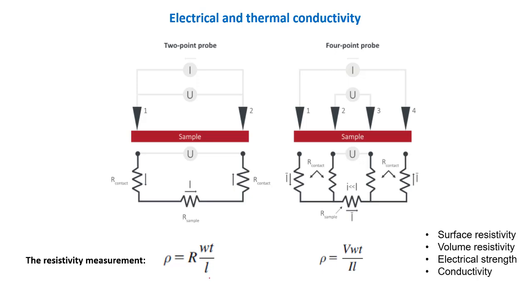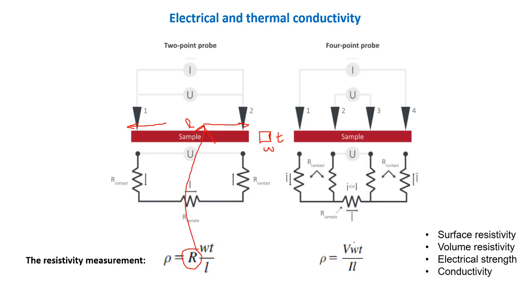So for example, this is our specimen. So this is the length L. So from here to here, the length is L, and then we have a cross section that is a straight line. So it has some width and some height or thickness. So W, T, and L are the dimensions of the sample, and R is the resistance which we get from this. Okay, and for 4 probe, we have the formula as shown here, rho equals V W T by